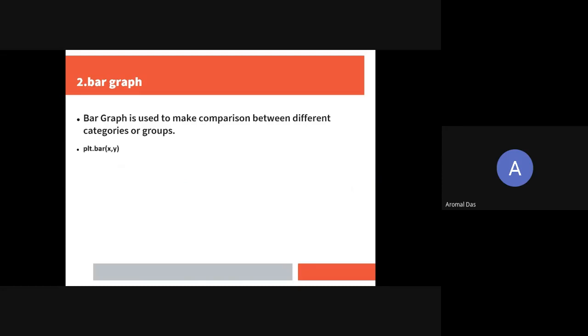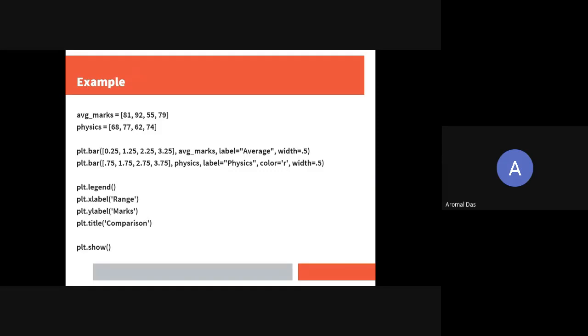So one example. Here we are using average mark as one vector, and this one is another vector, physics. So we are plotting average mark with plt dot bar. These ones are the width of the graph. 0.25, 0.125 to 2.25 are the intervals between the bars. Okay, then